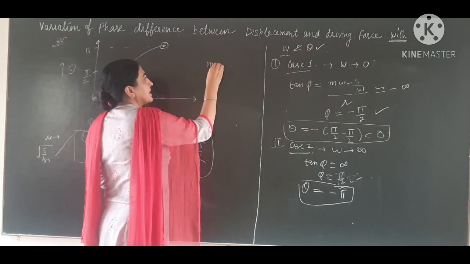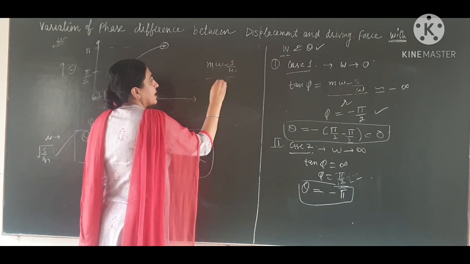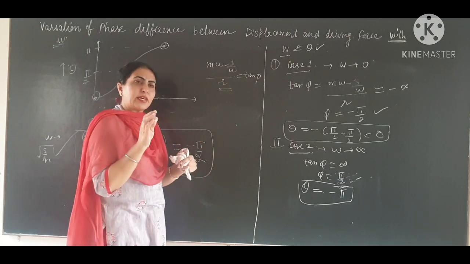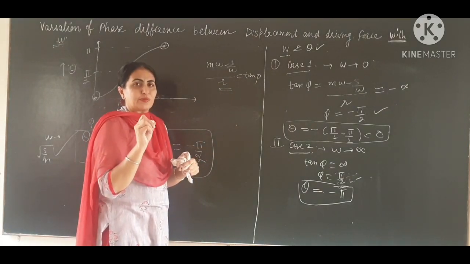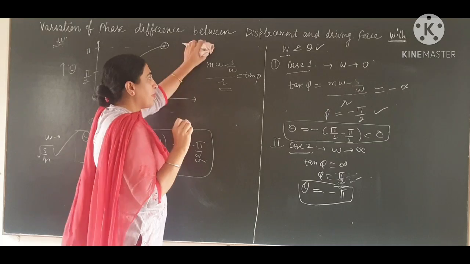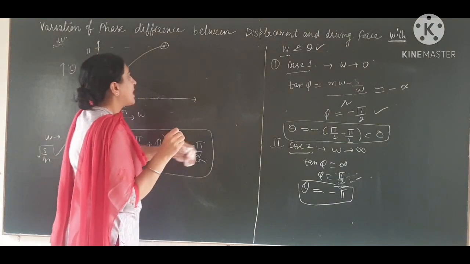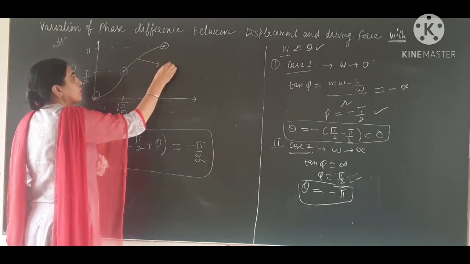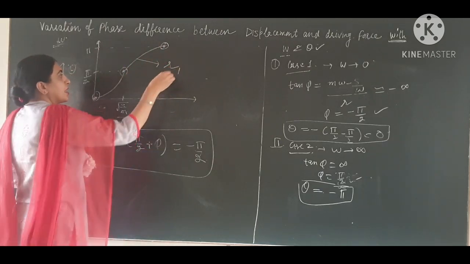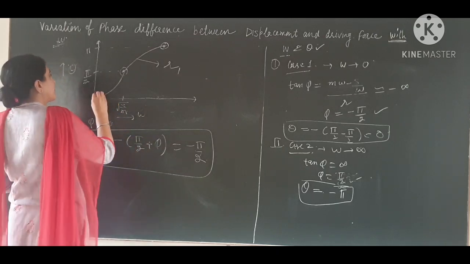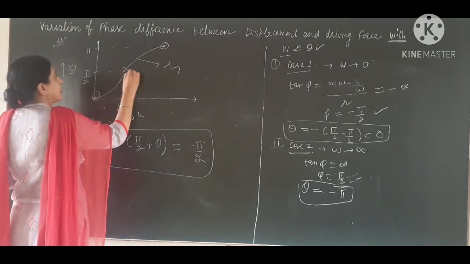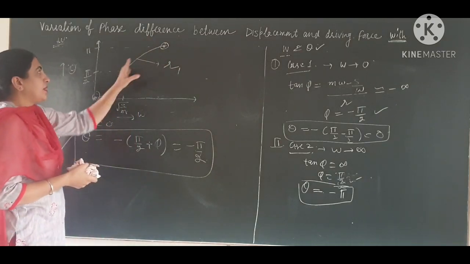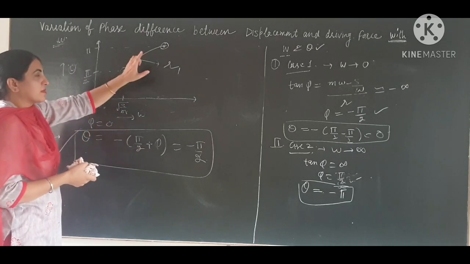I take tan phi equal to s over r, so we neglect r here. We can neglect r, but r has some small value, so it affects the curve. That's why the practical curve is not a straight line. This is for one value of r, say r1. If we take another value of r, the graph will be like this. It passes through these points, but it will be another shape, passing through these three points.